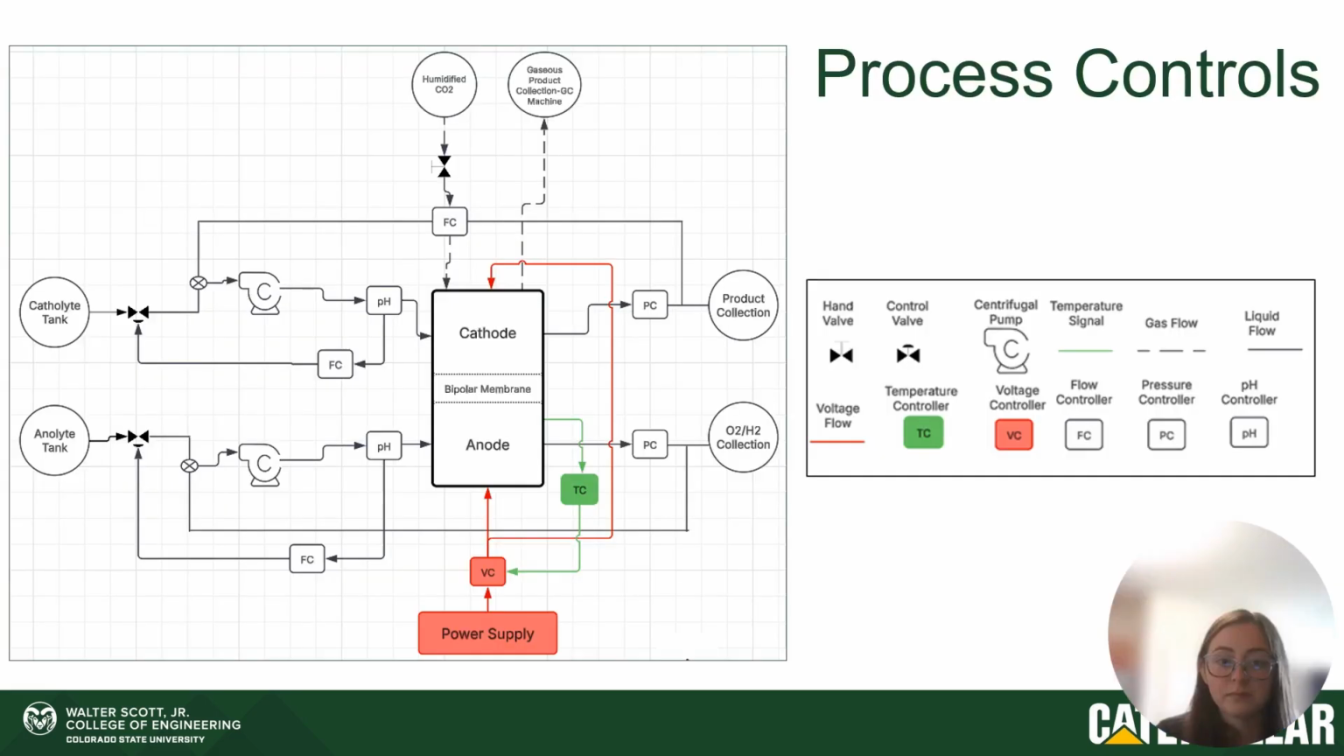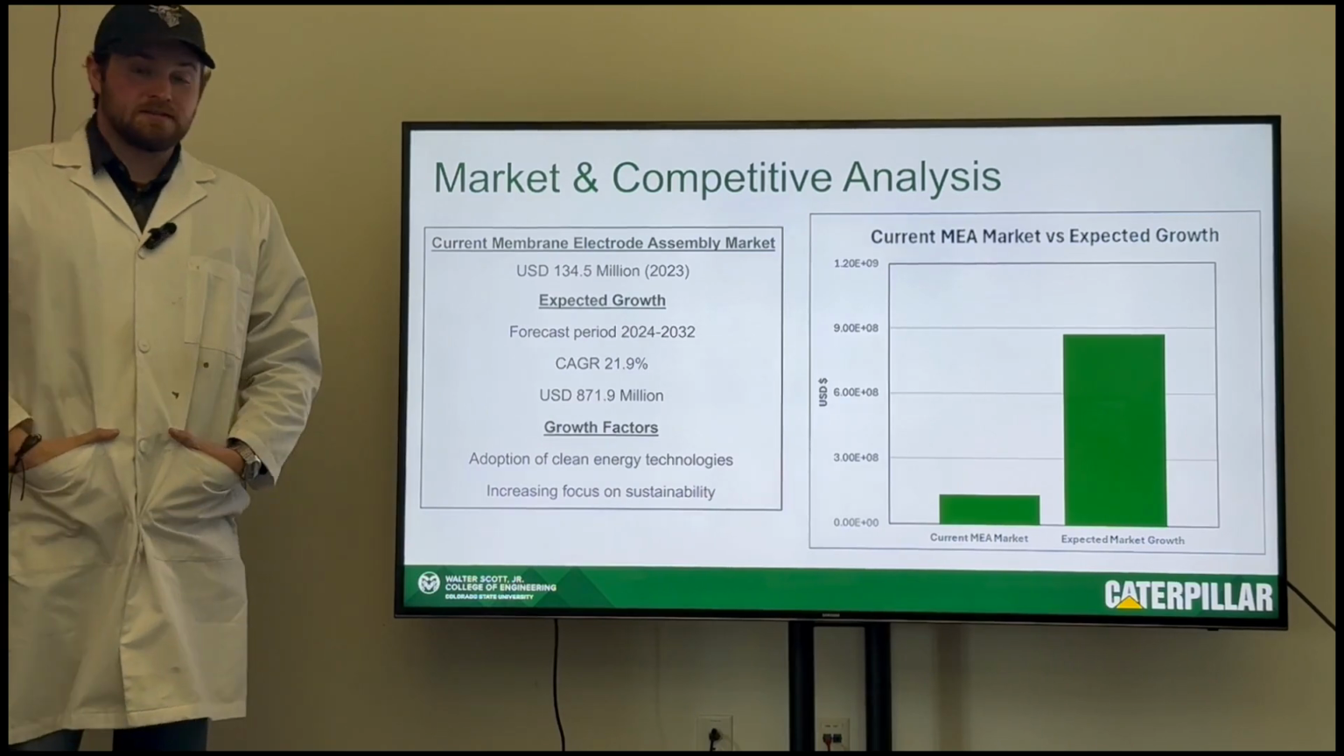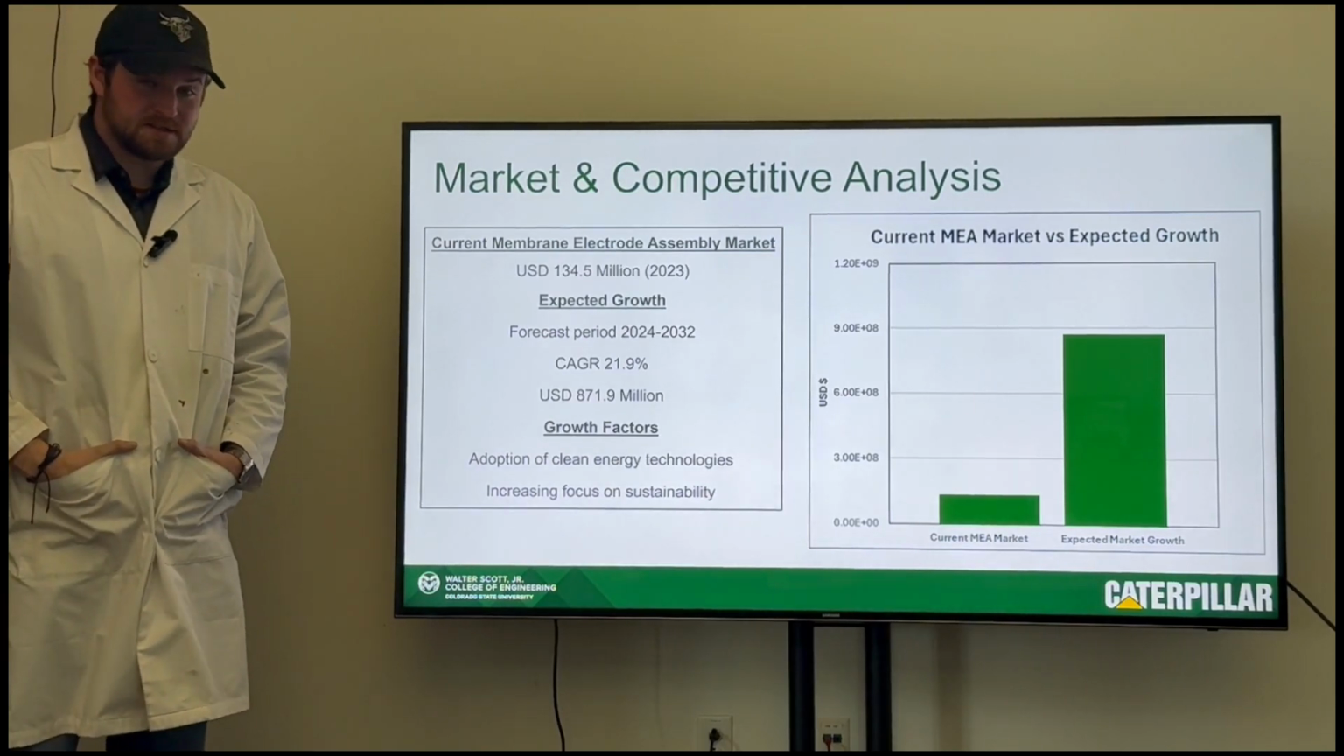scalable process. With the safety of scaled-up process in mind, the team created a predictive process and instrumentation diagram shown here. This shows a process control diagram for an electrochemical system with a cathode and anode chambers separated by a bipolar membrane. And that includes catholyte and anolyte tanks, pH controllers, flow controllers, pressure controllers, and a power supply connected to a voltage controller. Going into the market and competitive analysis, the team decided to break it up into two